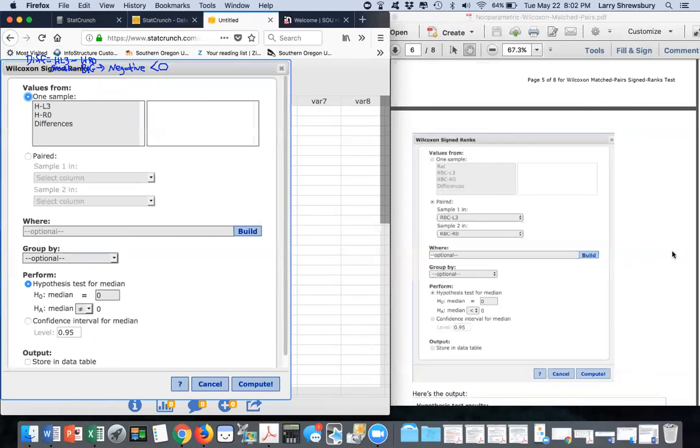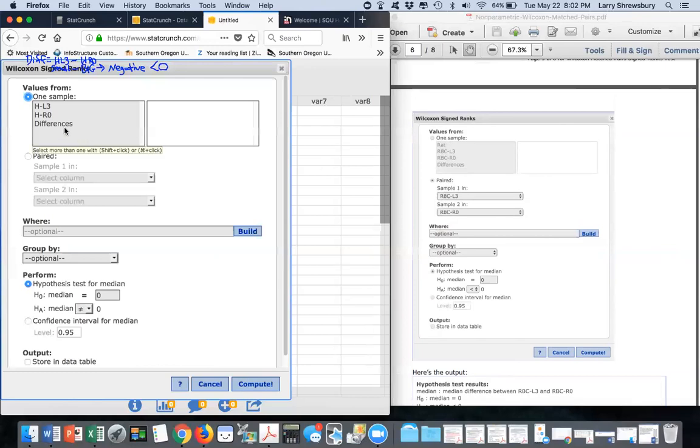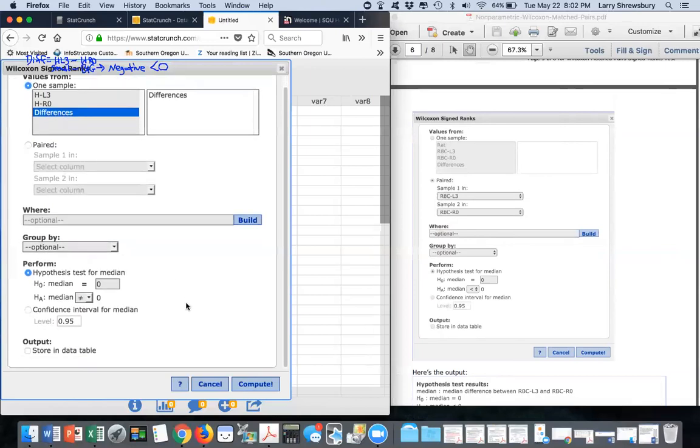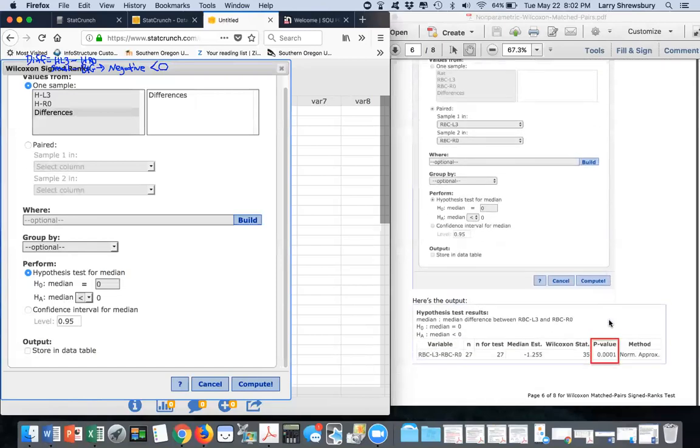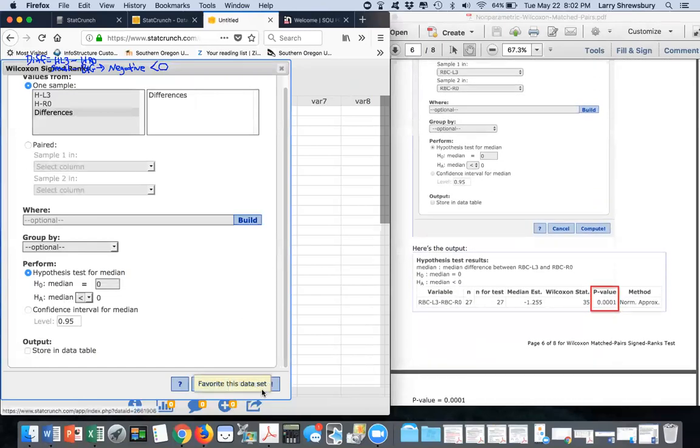So I'll tell you what. The screenshot instructions show it being done this way, so why don't I show it being done the other way? So I'll click on differences there. Now you'll still need to set this up. So remember, it's equal to 0, and up. Remember, this is going to be less than 0. If these measurements are going to be smaller than this one, then the population median of the differences should be negative. All right, so we got that. Now let's see, is there anything else? No, that's it. So I'll click on compute,